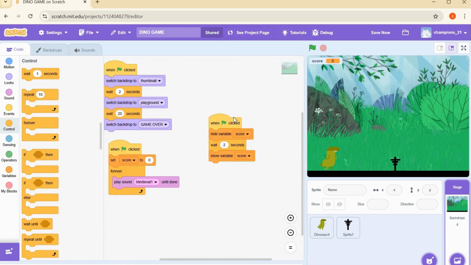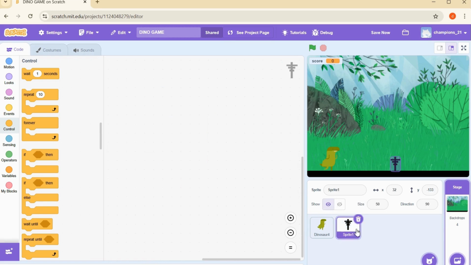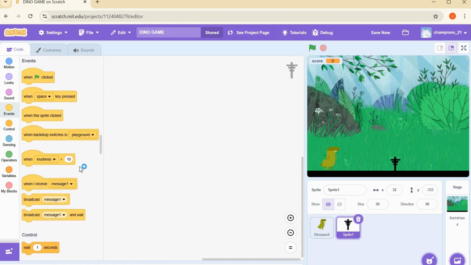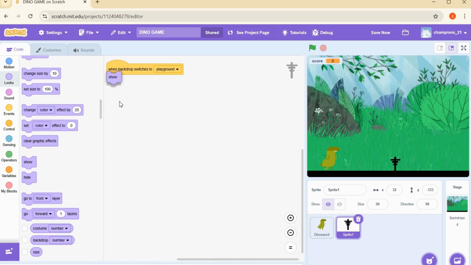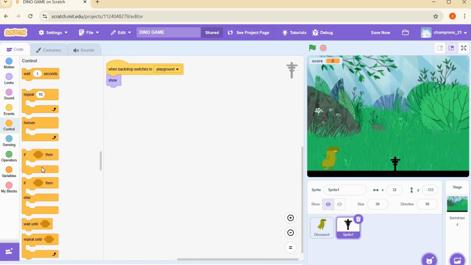After this, we are going to move forward to our Sprite 1. This one you already know, we want it to move in the x-axis. As I told you, the x-axis is your left to right position. So inside this, we will work with our x-axis. First of all, whenever the backdrop switches to playground, it will show, but for the rest it will hide.